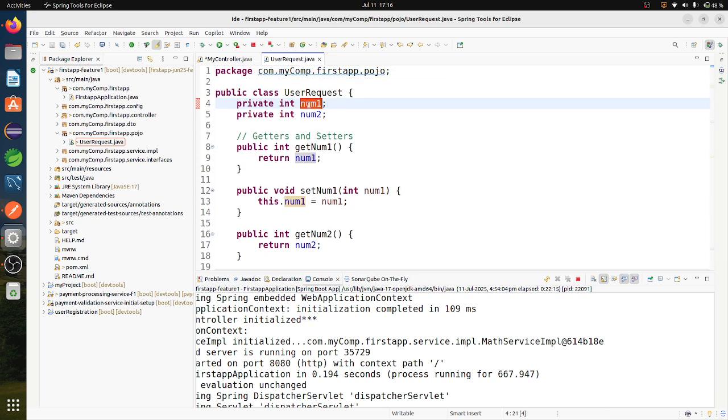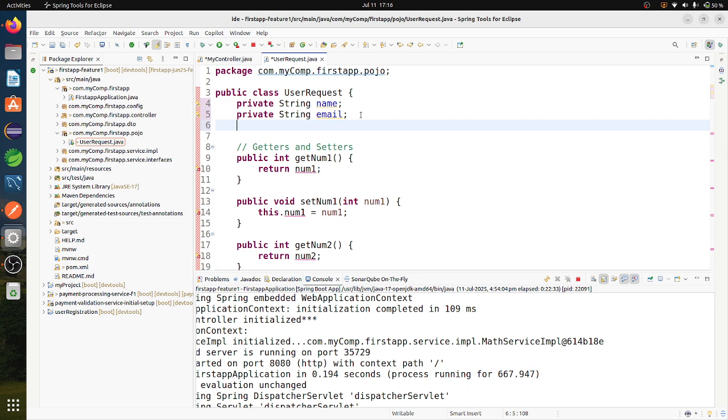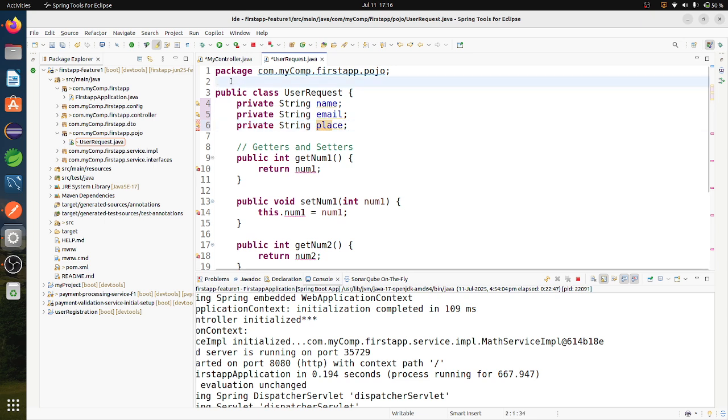And instead of taking num1 and num2, I will take the user details: name, email, place. So I want to take 3 variables.